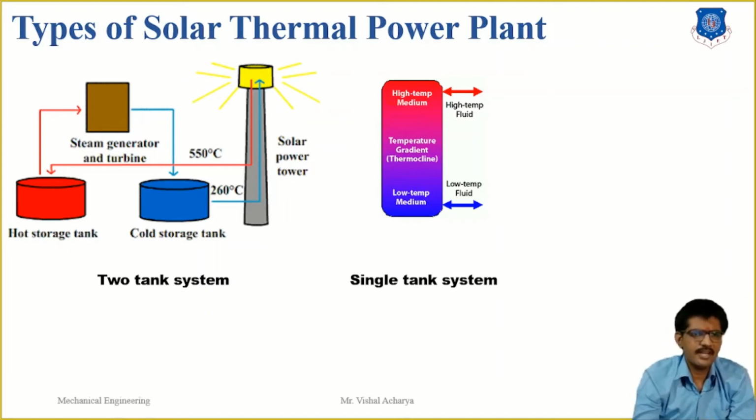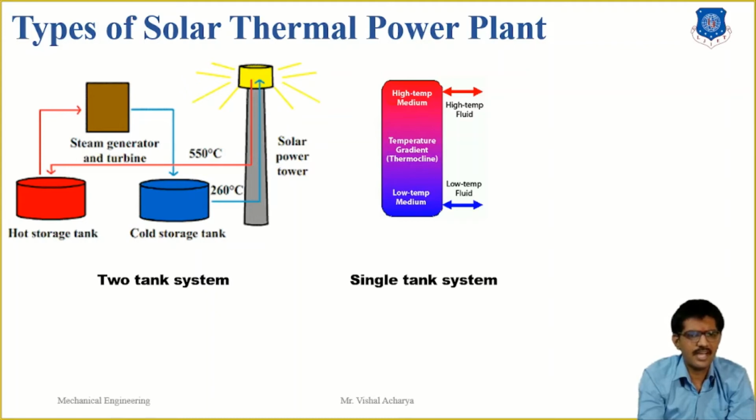In a two tank direct system, solar thermal energy is stored in the same fluid used to collect it. The fluid is stored in two tanks, one at a very high temperature, the second at a lower temperature. Fluid from the lower temperature tank flows through the solar collector or receiver, where solar energy heats it to a high temperature, and it then flows to the higher temperature tank for storage. Fluid from the higher temperature tank flows through the heat exchanger, where it generates steam for electricity production. The fluid exits the heat exchanger at a lower temperature and returns to the lower temperature tank.